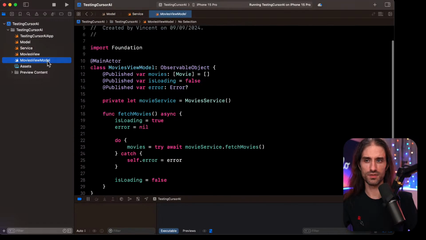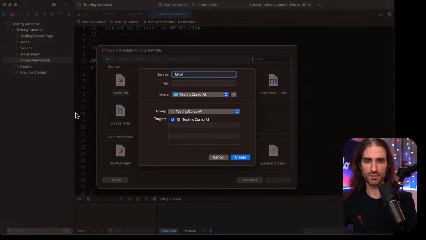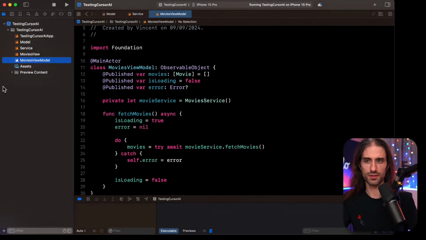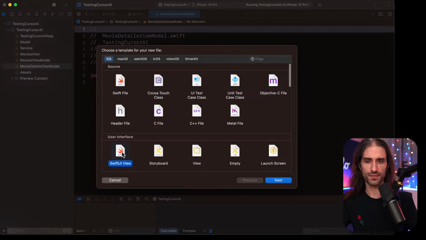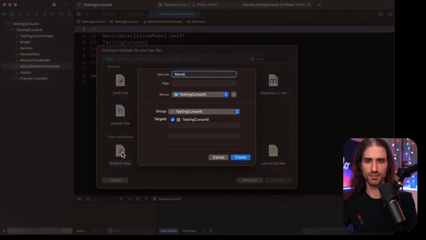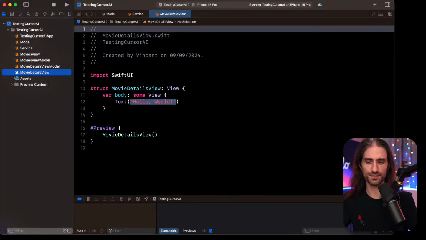And then movies view model, and I'm going to create two new files: movie details view model and another SwiftUI view called movie details view. All right.